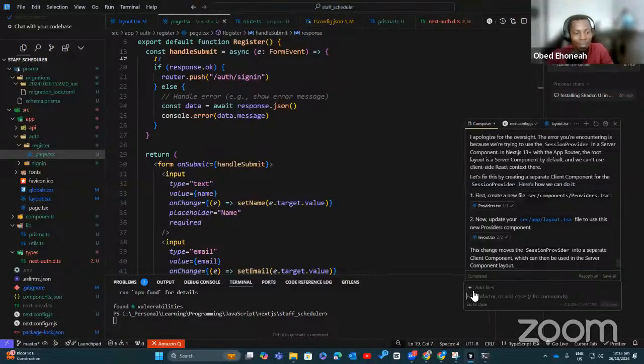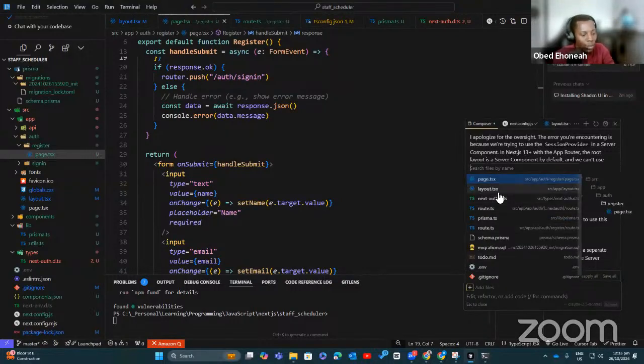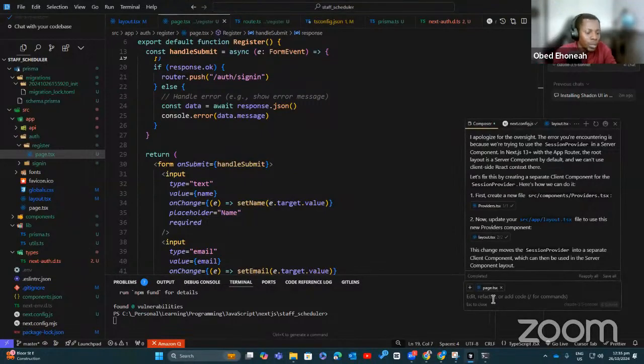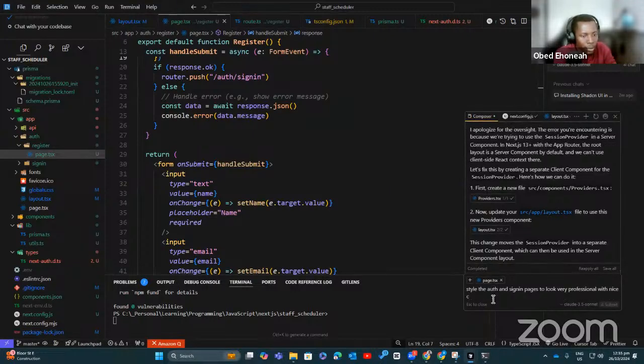Now we can select the specific file, and let's say we go to alt/register, then page, as you can see here, and say: style the alt, and let's add a sign-in page, to look very professional with nice color schemes.